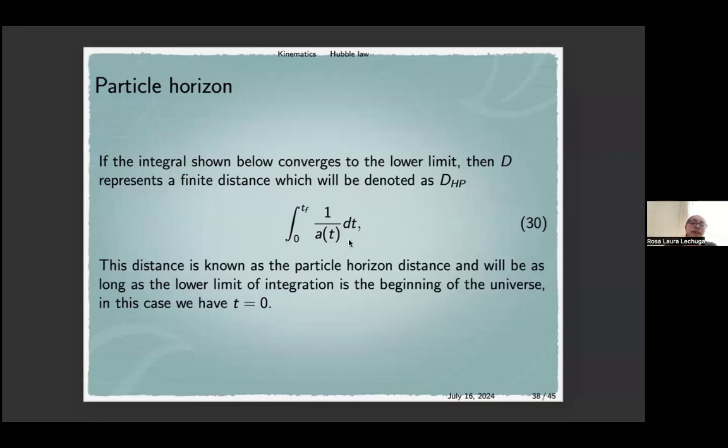The form for this a will depend on the matter which fills the universe. For example, you know that radiation could be an option for matter in cosmology, and you will have a particular form for this function in the case that you have that component of the universe. But for now, we leave this a as a function, and this quantity is the distance that the